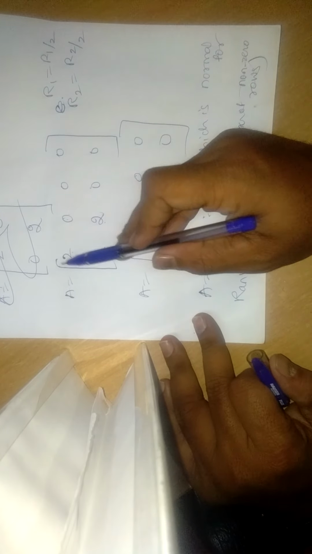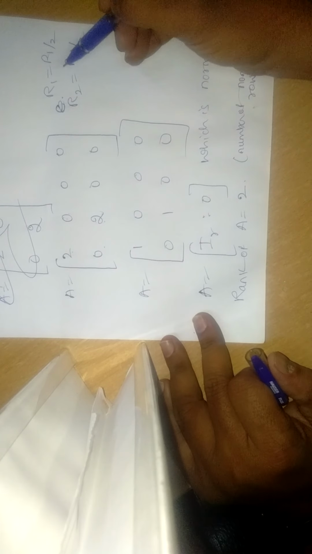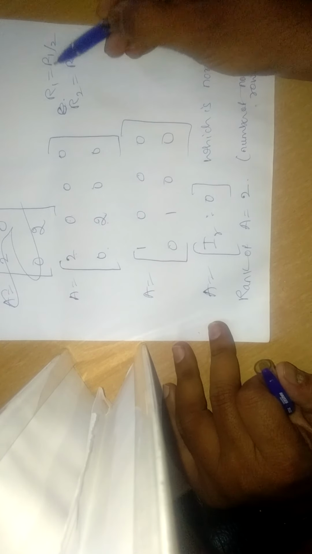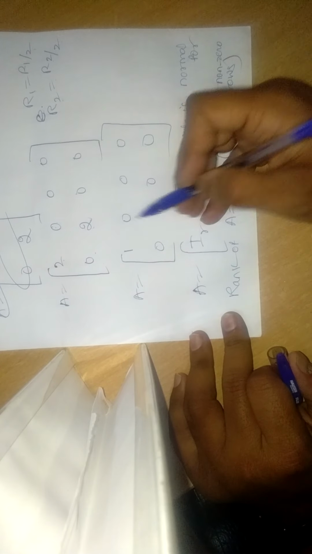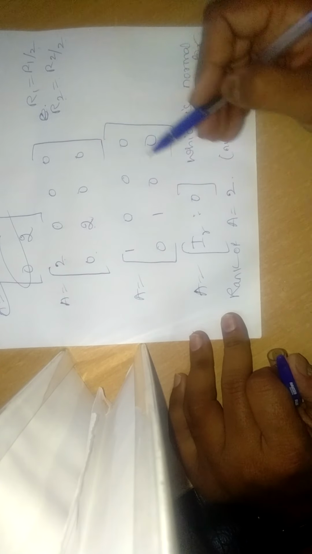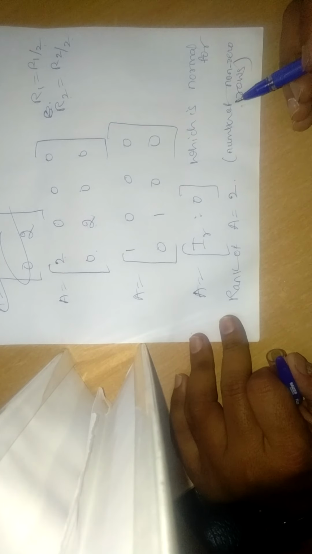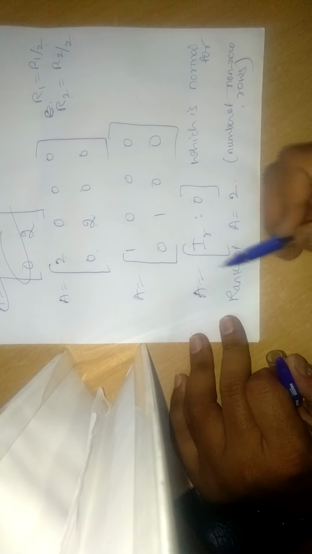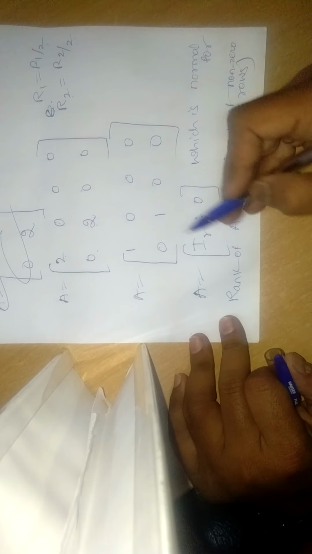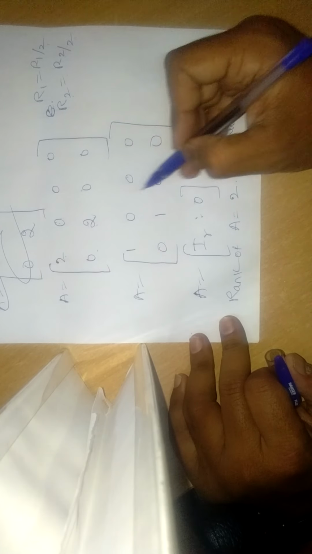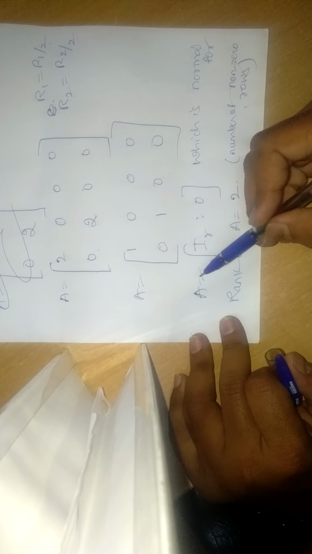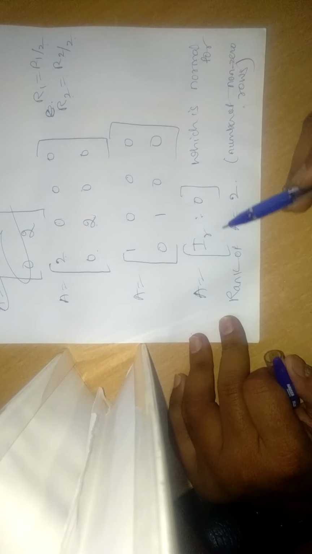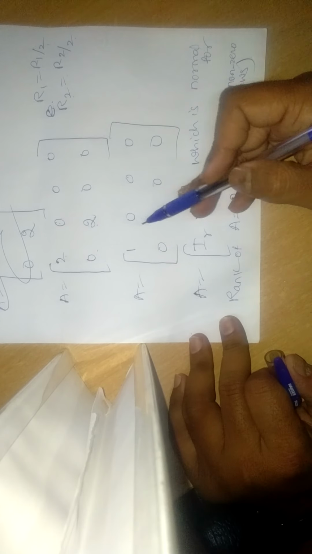Okay, so now to get a unit matrix here, what we do, we take R1 as R1 by 2, then R2 as R2 by 2. So which gives A as 1 0 0 1, and this is 0 0, this is 0 0 as it is. So with this, A can be written as, this is a unit matrix, that is I_r, and all other elements are 0. So now we have reduced the given matrix into a unit matrix which is of order 2.